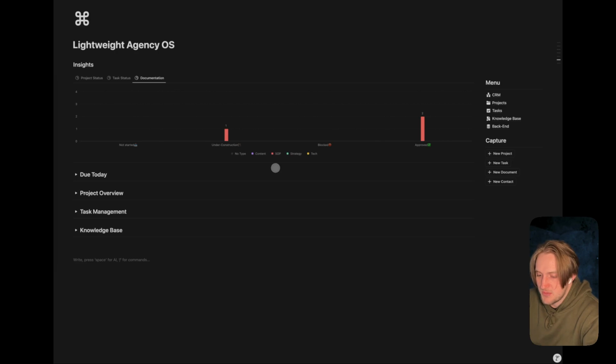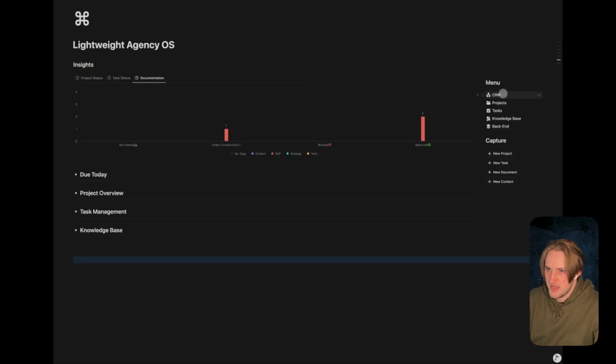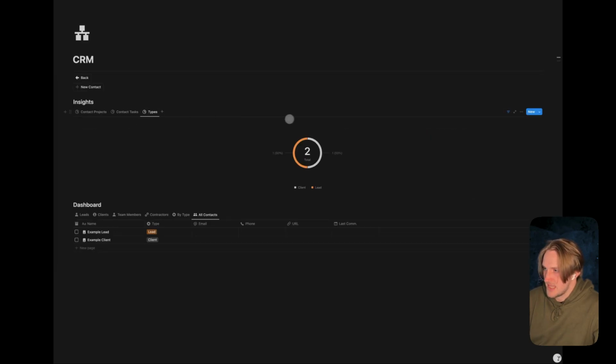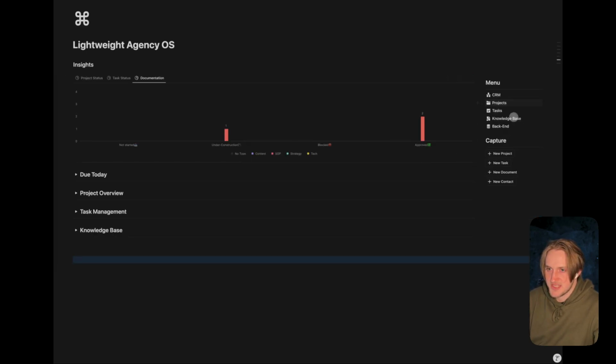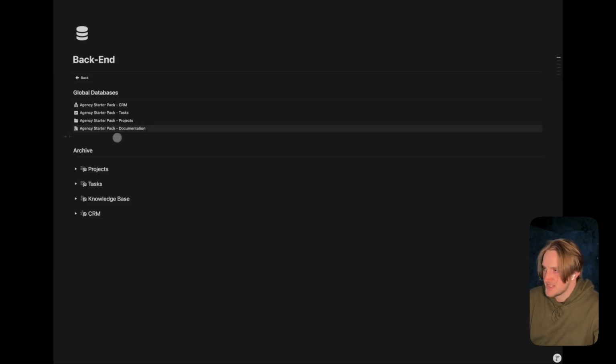So now we can jump into the CRM and lead management. We have a very similar view that you're going to get for all of the pages in the menu here. So anything in CRM, this layout with insights and dashboard is going to be the exact same for projects, tasks, and so on. The only thing that's different is the backend is different